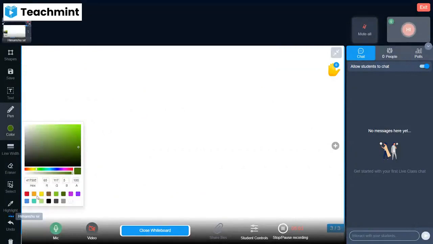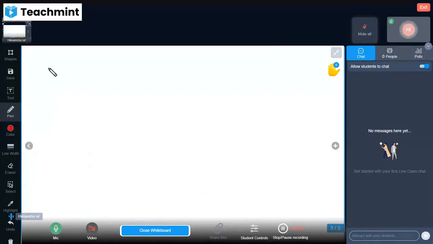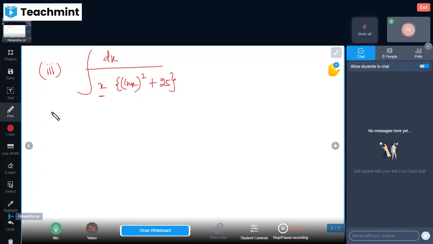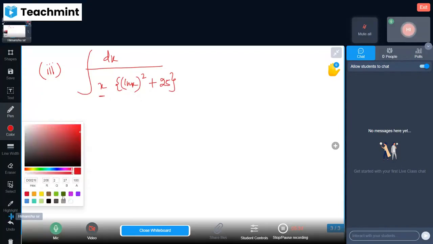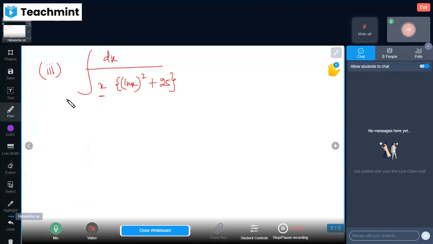A little bit tough, and it has a learning scope. Okay. So number 1, bit 3. So dx upon x times ln x whole square plus 25, within curly braces. Okay, such types of questions have something extra. This x is extra. What does it mean? It requires a certain amount of substitution.